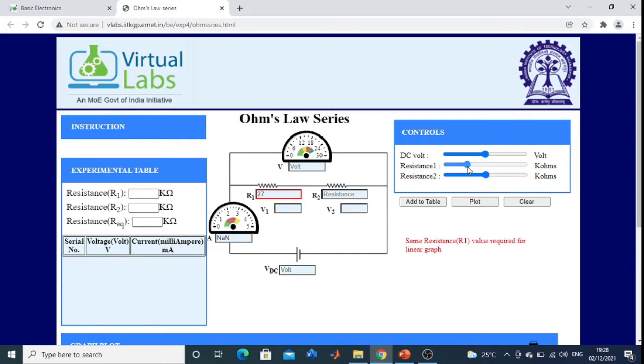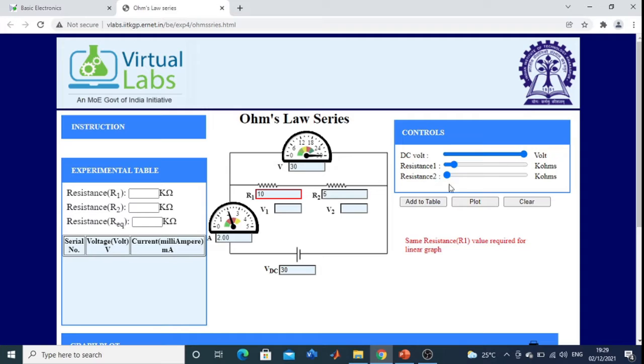So first resistance 1, you just change it. Suppose I change to 10. Okay. Resistance 2, you change it to 5. DC voltage, suppose it is 30. Okay.